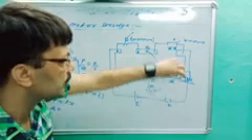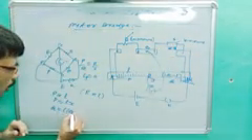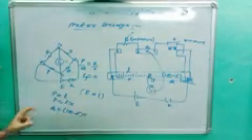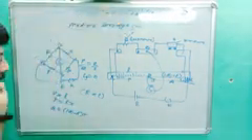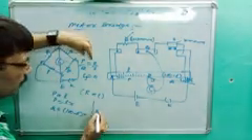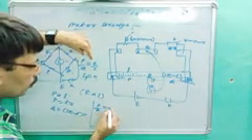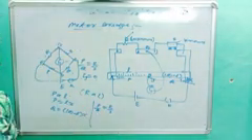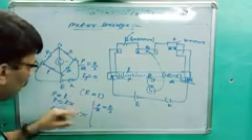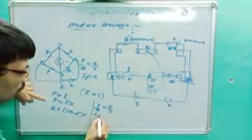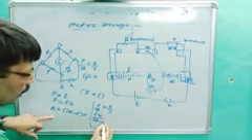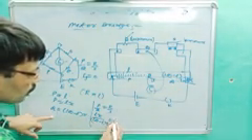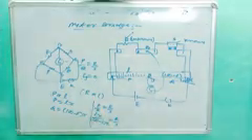Q value is given here: 100 minus L into x. The values of P and Q are very clear. Our aim is resistance, so what can we find? P upon Q is equal to R upon S. This is the Wheatstone bridge. The value of P is Lx, and the value of Q is (100 minus L) into x, so Lx upon (100 minus L)x is equal to R upon S.